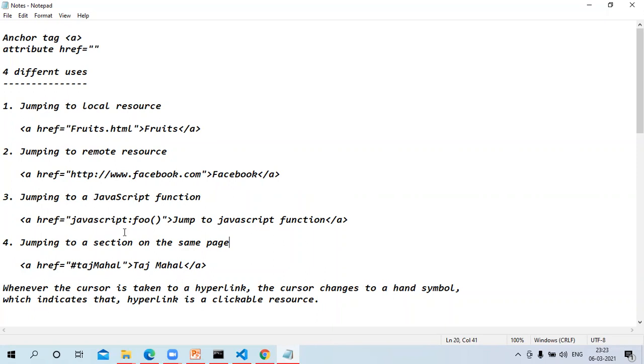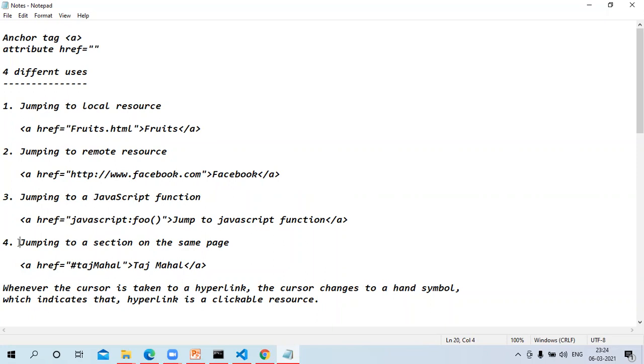Then jumping to a section on the same page. For example, an HTML page may be lengthy, and whenever a browser renders it on the screen, only the first sections are available, and we have to scroll down and look into the other content which is at the bottom of the page.